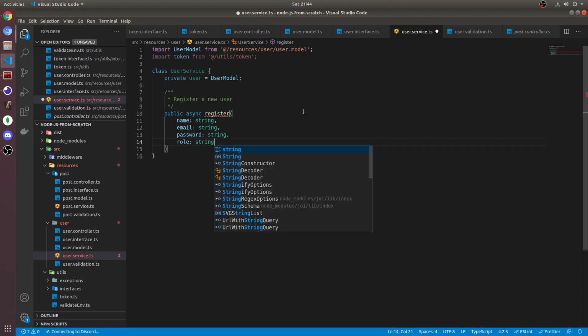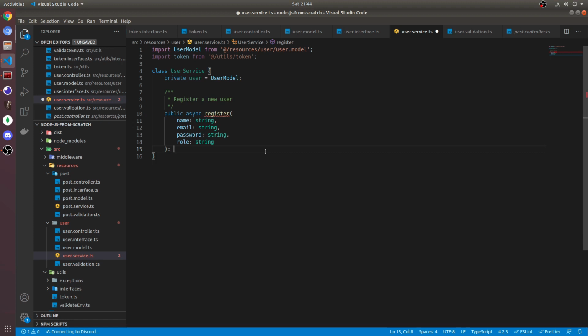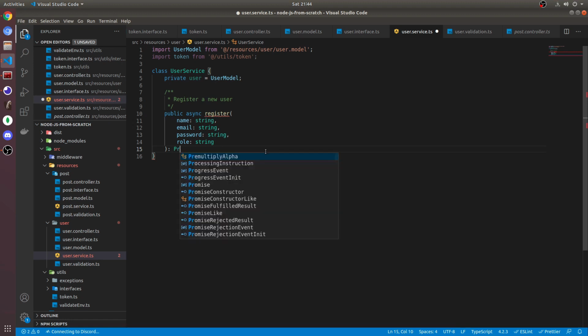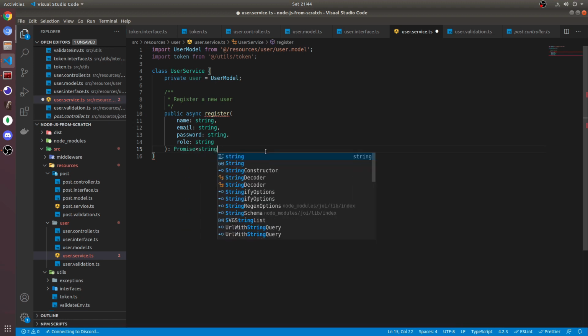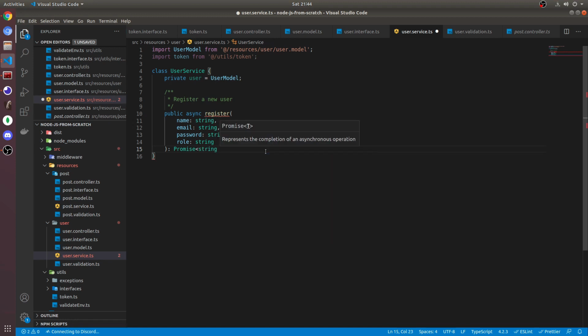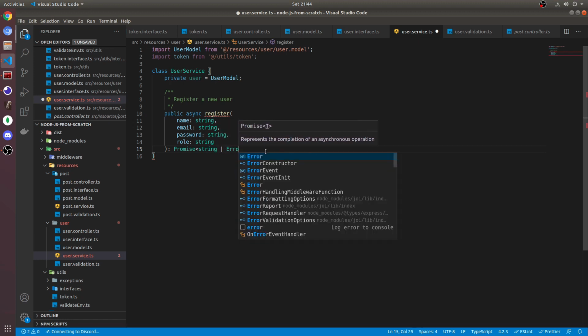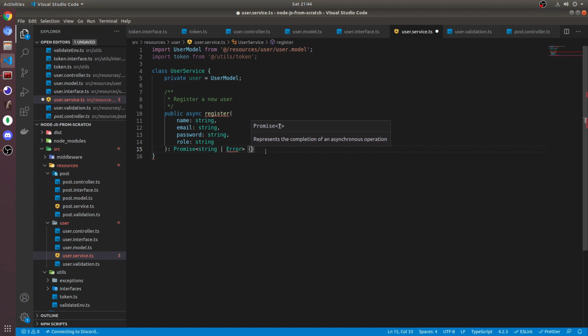Now we're going to hard code the role, and we'll get to it a little bit later, but we'll just hard code that role when we pass it in. We're not actually going to let the user submit a role, which is why it's not in the validation. So that's going to return a promise of either a string, which is going to be the token, the actual JSON web token that gets created, or an error if things go wrong. So we'll do a try catch,